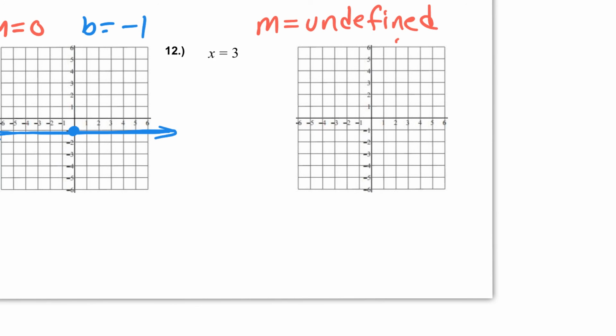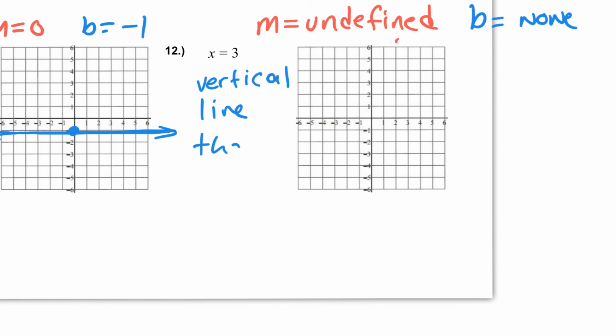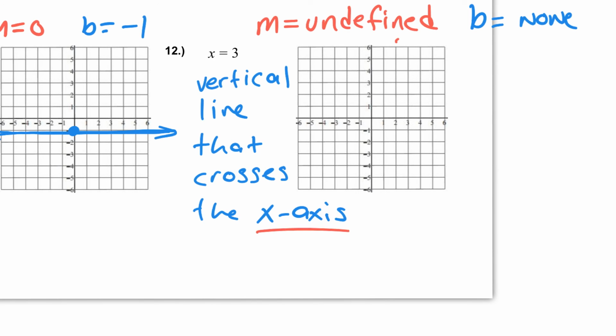Okay, and our y-intercept, well, there's not going to be a y-intercept. Sorry, that should be our b. Our b, or y-intercept, we can just say none. Okay. This is another linear equation, special case that you need to memorize. So to graph the equation x equals 3, that is a vertical line that crosses the x-axis. So I'll write that here. Vertical line that crosses the x-axis, not the y-axis now, the x-axis